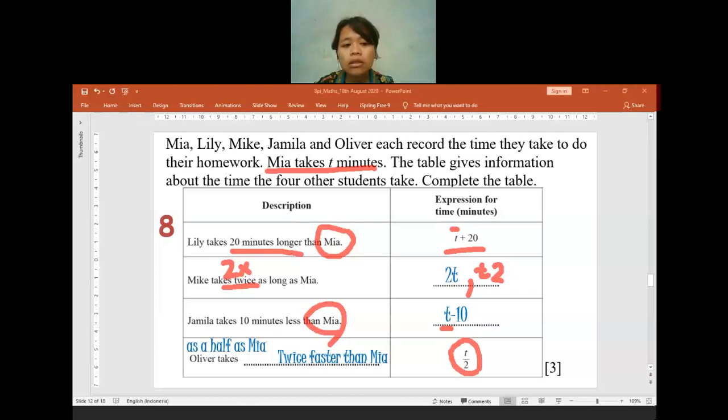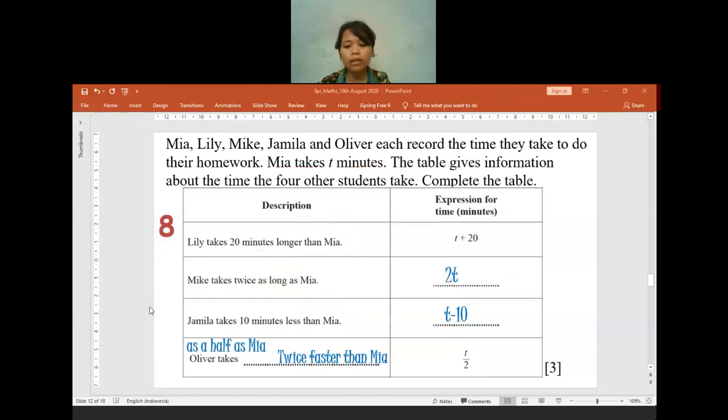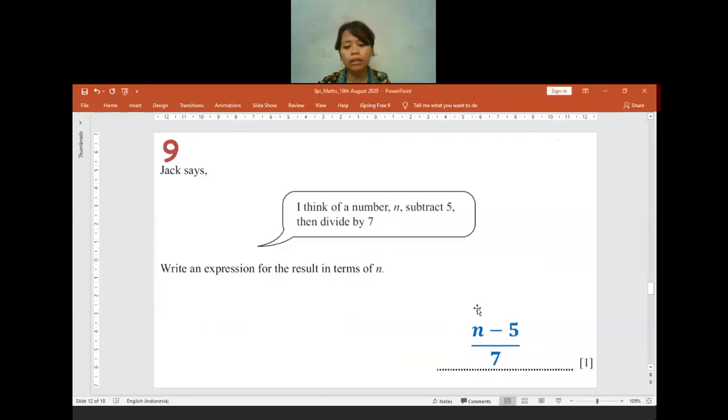Sorry, is it okay if I write in brackets? I use brackets over the. Yeah, if you use bracket with a fraction, like with question 9, you put a bracket like this. Yeah, it's okay if you put a bracket, but the bracket is actually not necessary if you already put a fraction and then the fraction is all over n minus 5. It's not really necessary. And then this is 1 mark at the question 9.